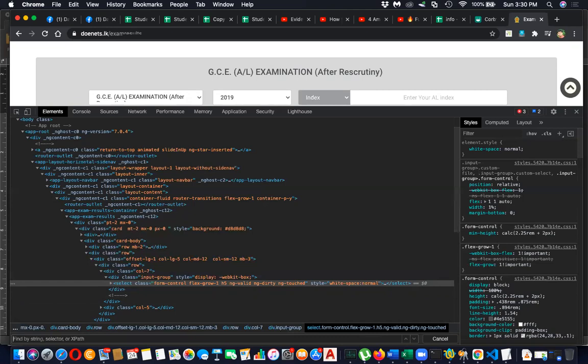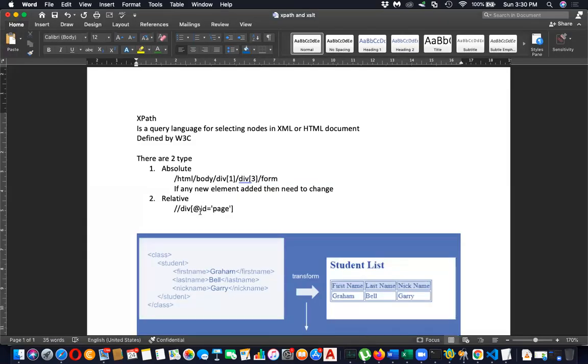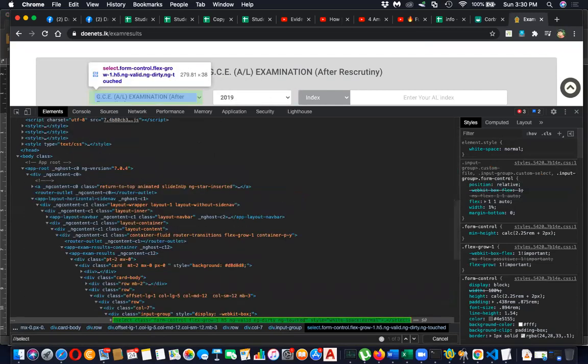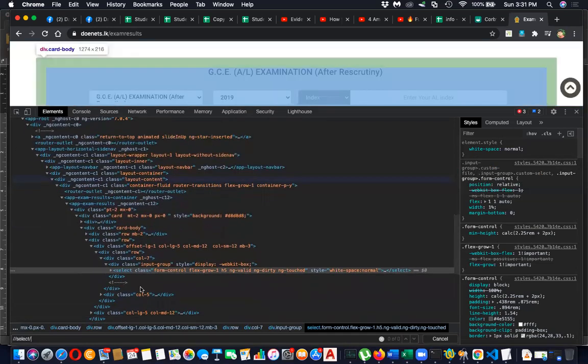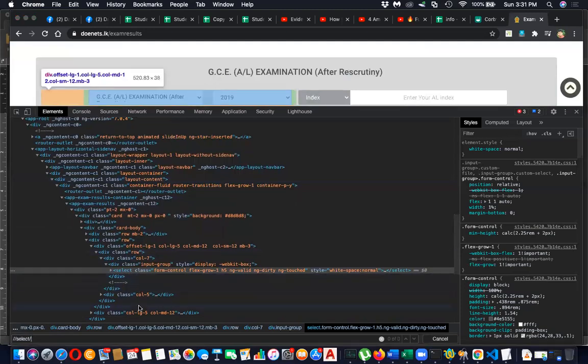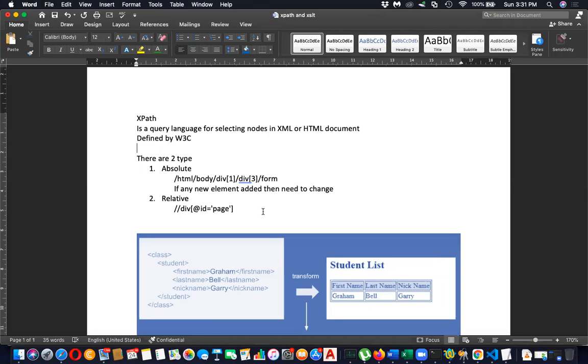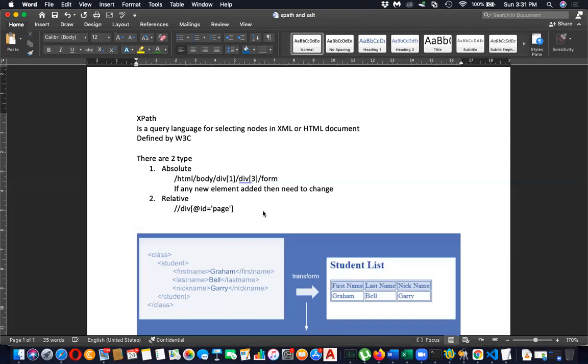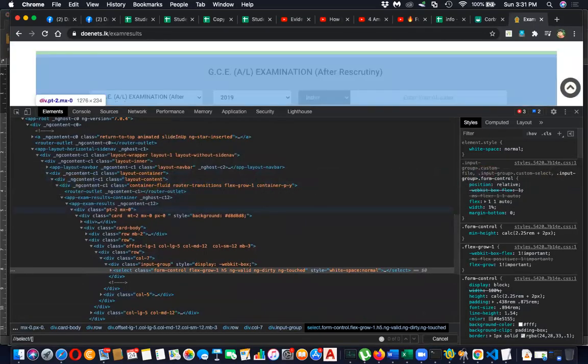Put double slash, double forward slash. That is the way to give the relative path. In relative path, you have to tell what the tag is. Tag is select, and then in the select tag, that is easy now. Directly you came to the select tag, and then you have to give the attribute and then the value, right? So within these square brackets, you have to tell the attribute and then the value. Inside select, the attribute, let's use class,